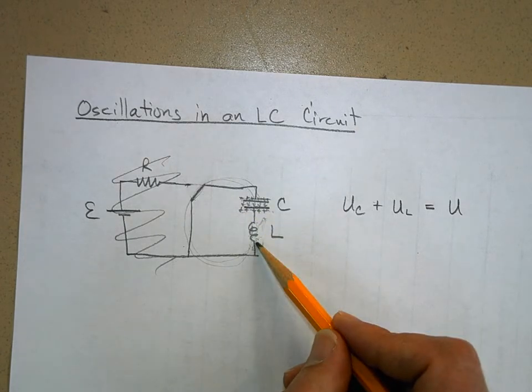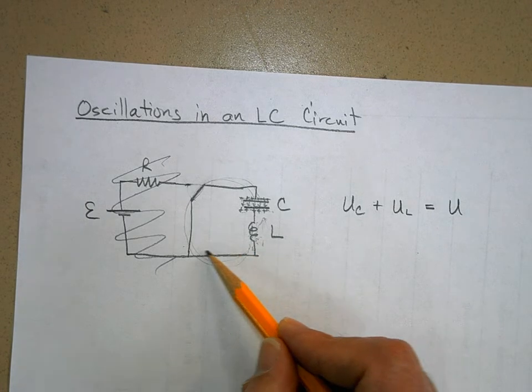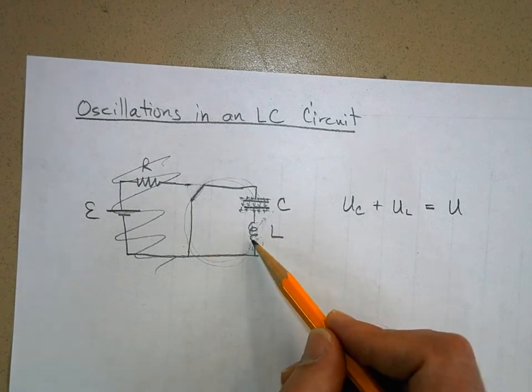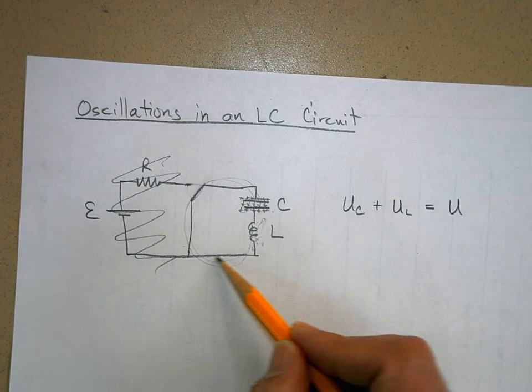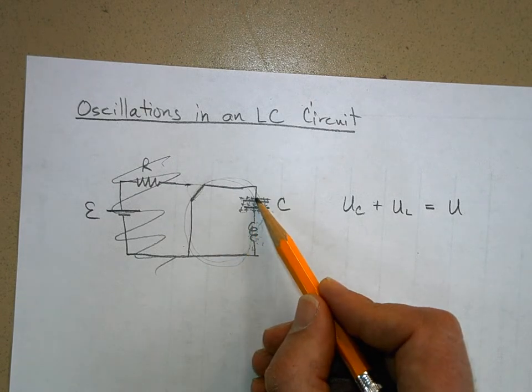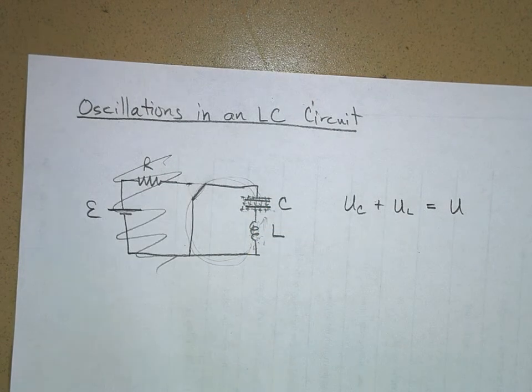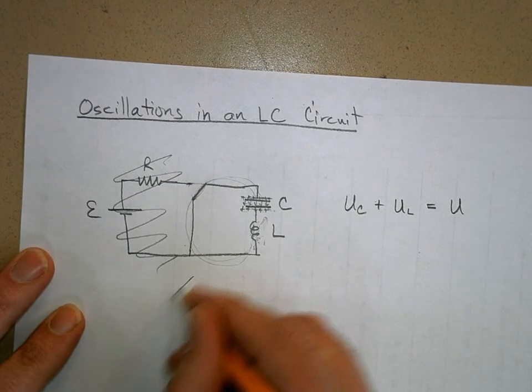Now I build up a magnetic field again, okay? And then as that magnetic field tries to collapse, it forces positive charge, and what happens is you oscillate energy between the capacitor and the inductor. Now this is very similar to a pendulum. When I have a pendulum,